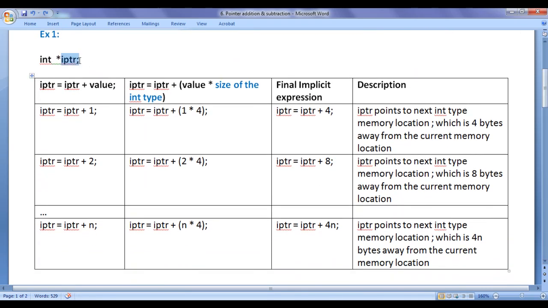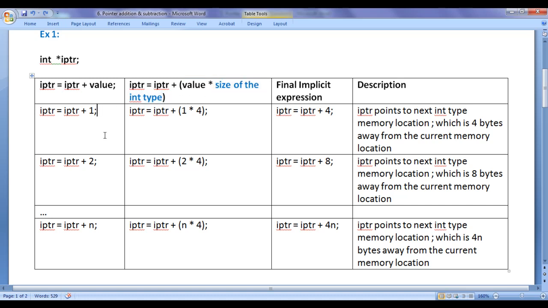Here IPTR is of type integer and the size of the integer type is 4 bytes in our computer system. If you write IPTR equal to IPTR plus a value, it is implicitly expanded to IPTR equal to IPTR plus the given integer value multiplied by the size of the integer type.